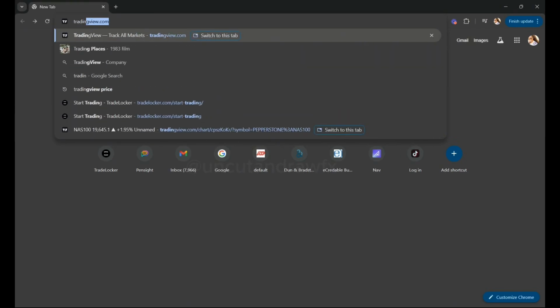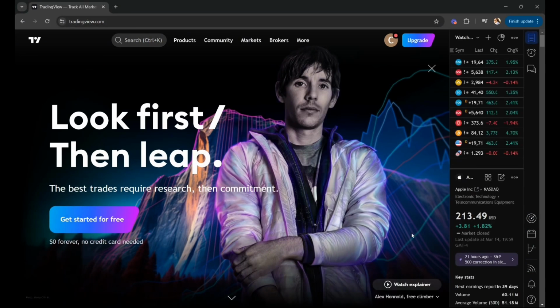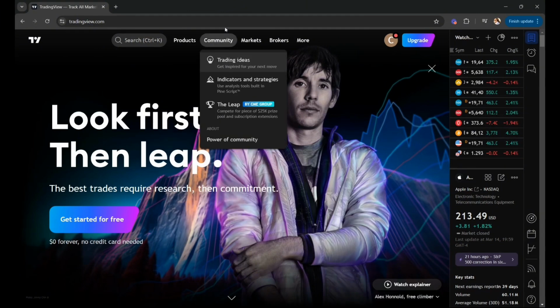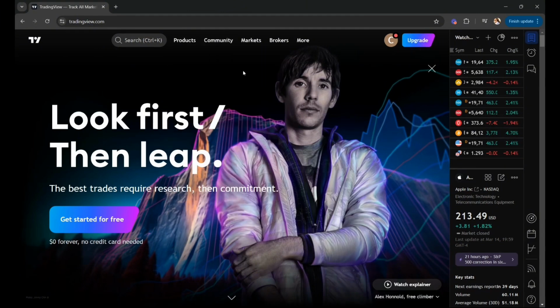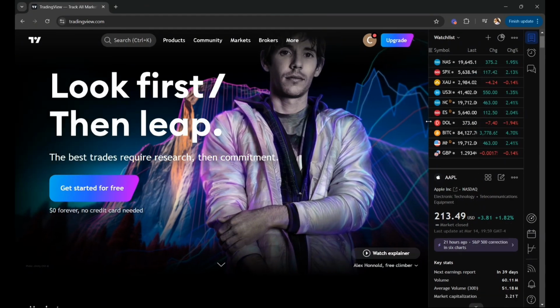So we'll get right to it. The first thing we're going to do is go to TradingView.com. This is going to be the first thing you need. This is what I use for charting. They have different versions. It has me signed in already. But here's the toolbar